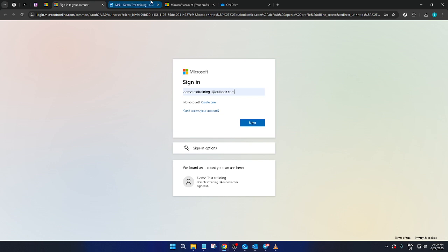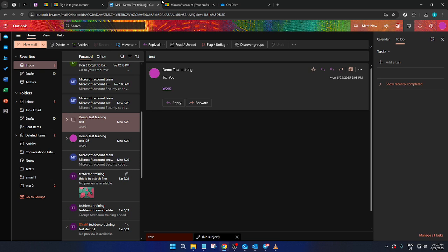After successfully signing in, you'll find yourself on the Outlook dashboard. This is your central hub for managing emails, appointments, and other essential tasks. Now, before we move any further, there's an important point to consider. Ensure that the browser you intend to use is set as your computer's default browser. Doing this makes certain that every link you click will open in your chosen browser without prompting you to select